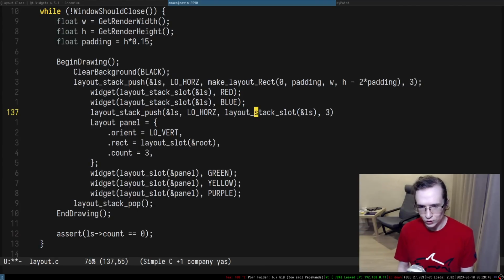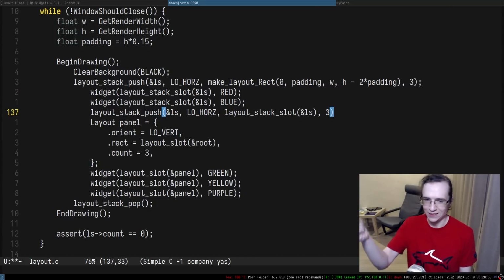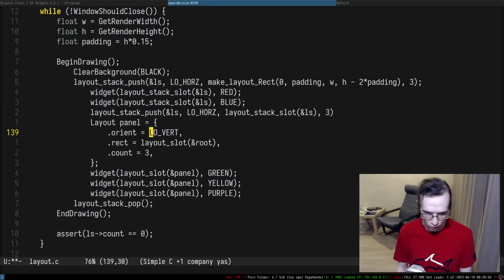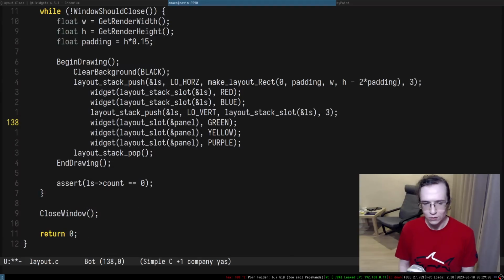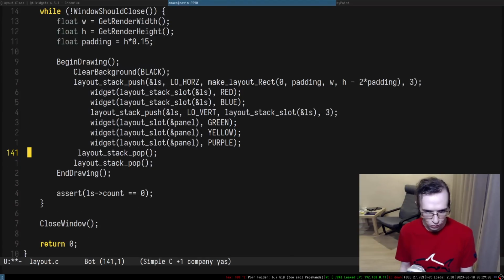So you see, I'm taking the slot out of this thing, and I'm using it as the rectangle for the next layout. But this one has to use the vert from here, right? And then the count is going to be 3. It's already 3 in here, so we can just remove this entire thing. Right, and we need to have a corresponding pop for this thing.